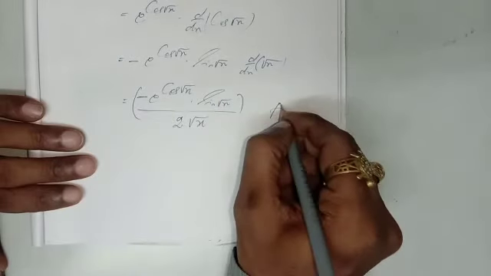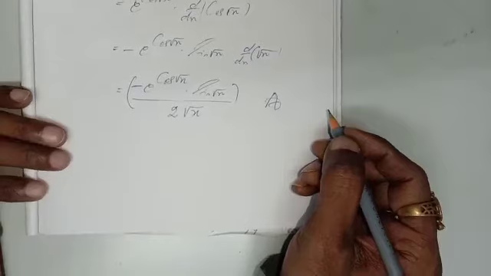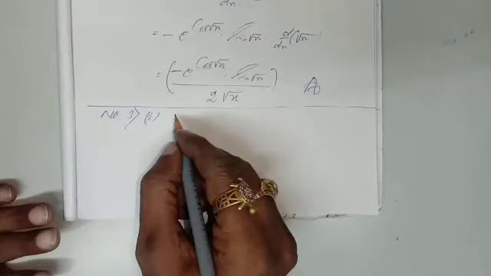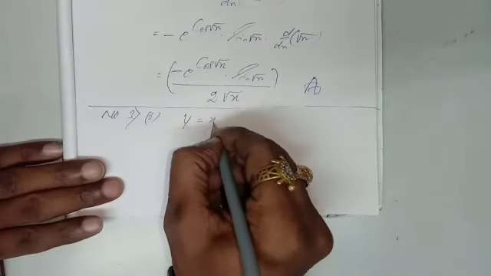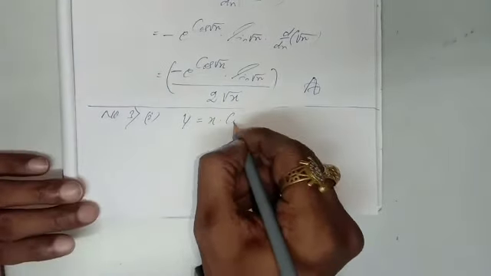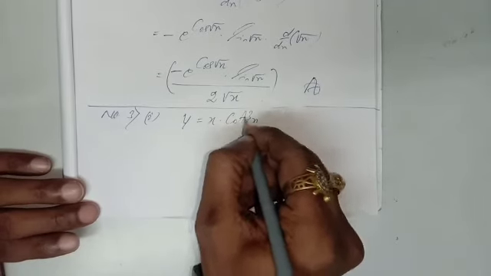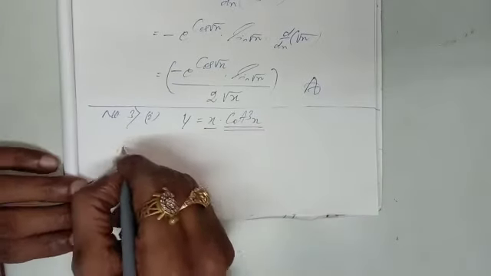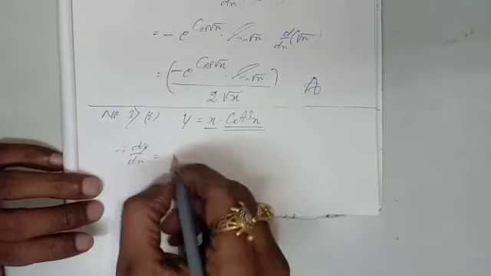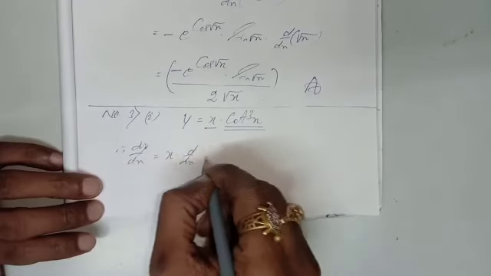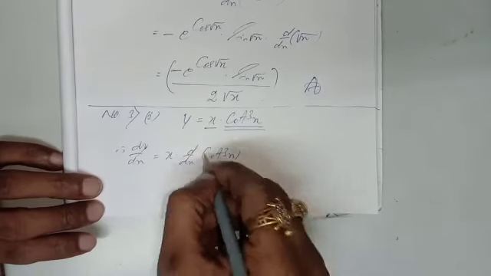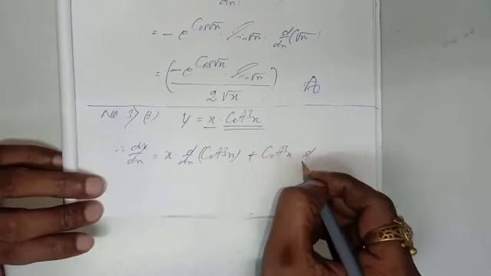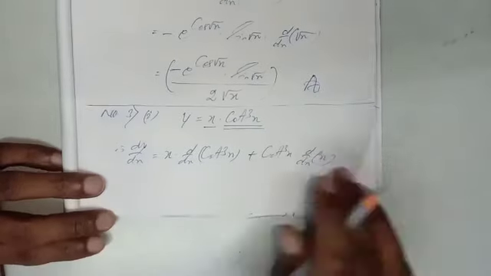In this way, number 2 second part is also completed, the derivative of a composite function. Let us go to one more question. Question number 3, first part: y is equal to x into cot cube x. You have to apply the product rule here. x is the first function and cot cube x is the second function. Therefore dy by dx is the first function into the derivative of cot cube x, plus the second function cot cube x into the derivative of x, by using the product rule.